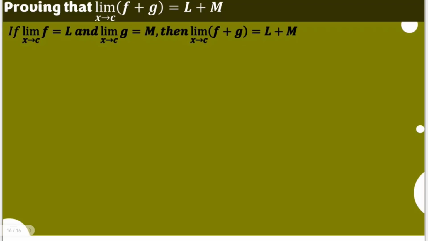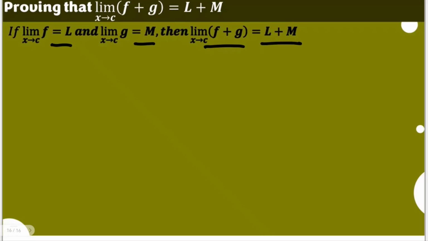Let us prove that the limit of a sum of two functions as x approaches any c is equal to the sum of their individual limits. In the statement, it looks like this. If the limit of f of x as x approaches c is equal to L, and the limit of g of x as x approaches c is equal to m, then the limit of the sum of the two functions as x approaches the same value of c is equal to the sum of